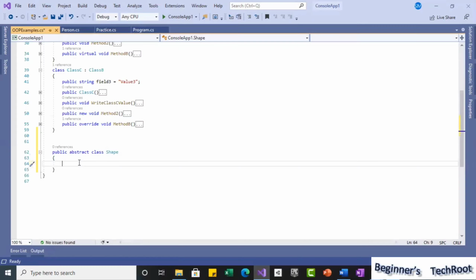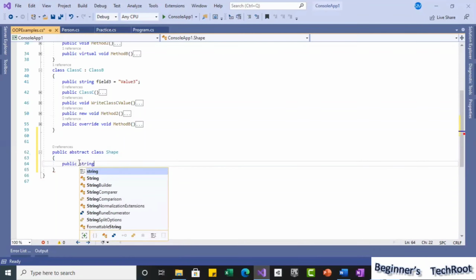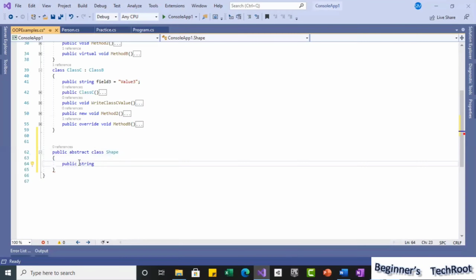Okay, so in this class, I am going to define fields. Public with the string type, I am going to use shape name as one field. Here, as it is abstract, whatever other members we give, like methods or properties, in an abstract class we cannot implement them.